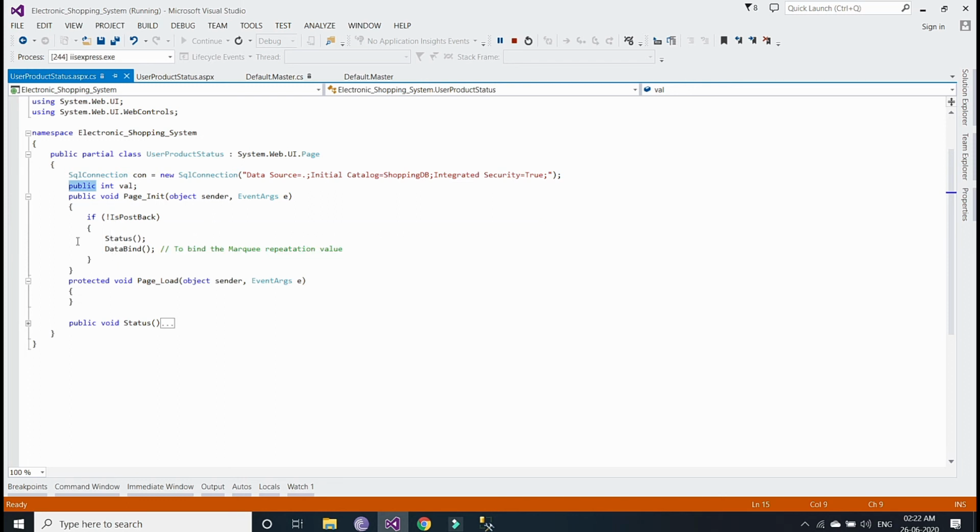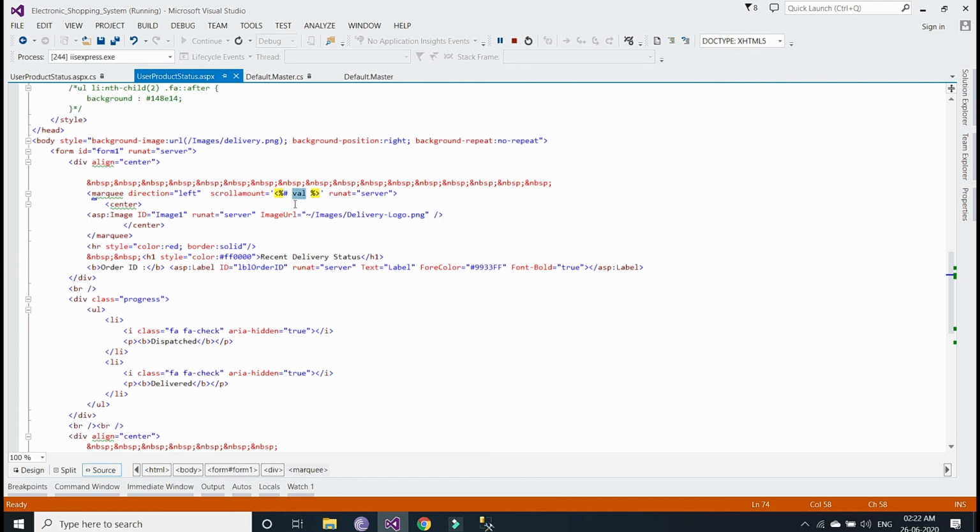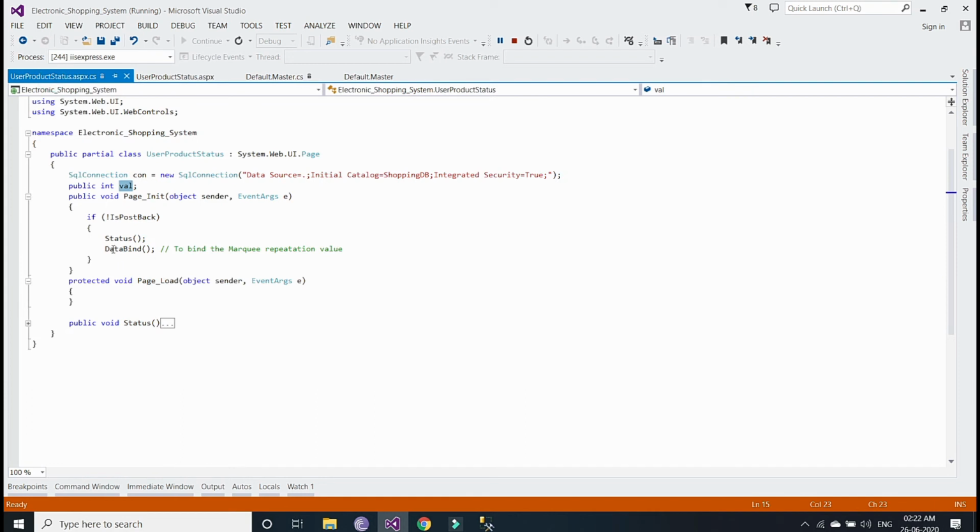If it is not, then it will call this function status, and for binding the value we are going to get for this variable in the front end, that is our .aspx page, we have to call this DataBind function. It's an inbuilt function, but we have defined this function for our purpose.